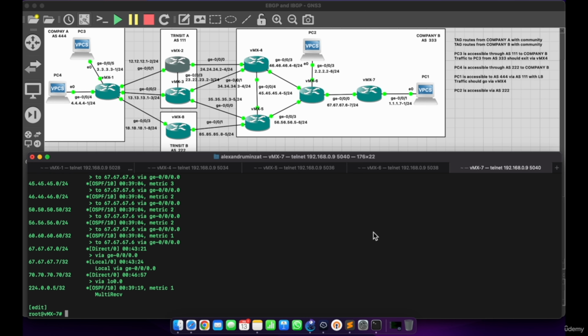Let's share the PC1 and the PC2 routes to company A. So to share the PC1 route, we'll go here and we'll create a policy. Set policy options, policy statement, PC1 to BGP. We'll do from route filter